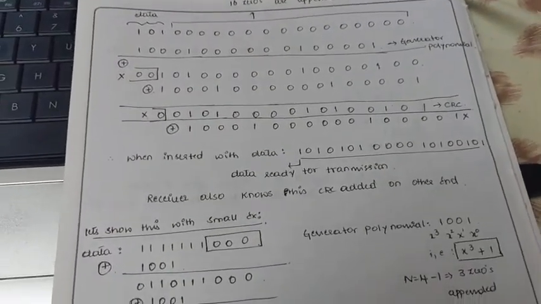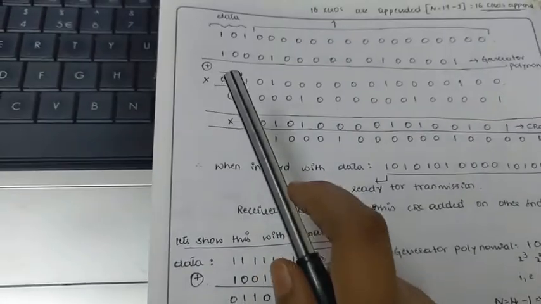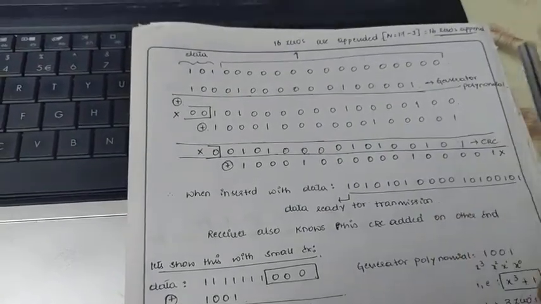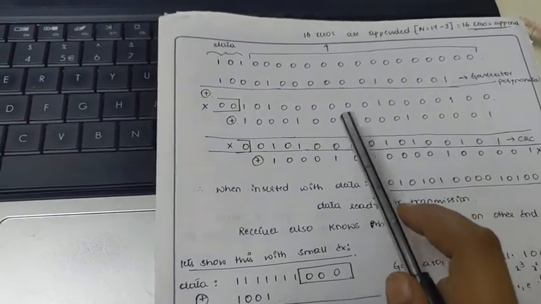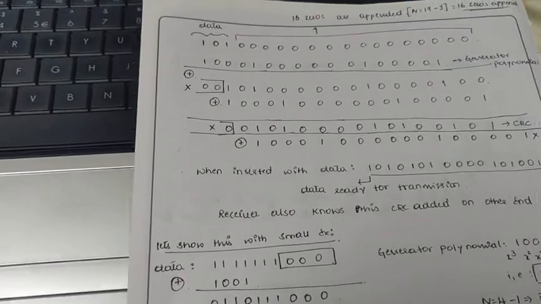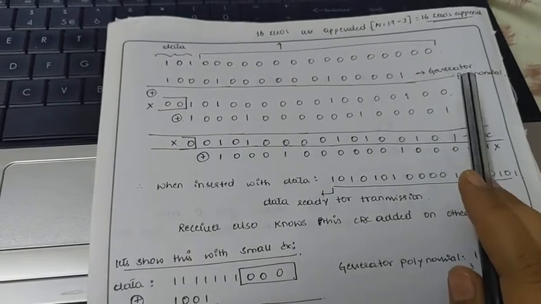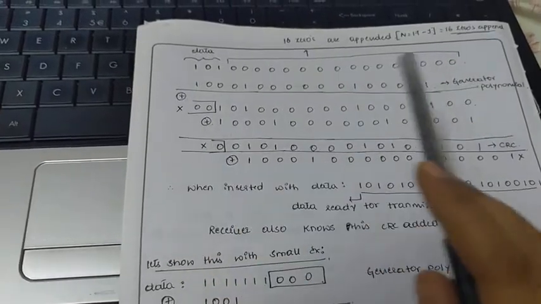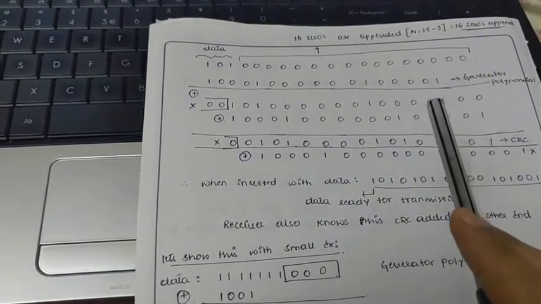Here I have taken the data as 101. The same thing has been typed in the computer. We are appending it with 16 zeros. How are we appending 16 zeros? For that, we are considering a standard fixed polynomial called a generator polynomial. The second part I am considering here is the generator polynomial. The generator polynomial will be given in the program itself, as a kind of equation. Now count how many bits there are in the generator polynomial.